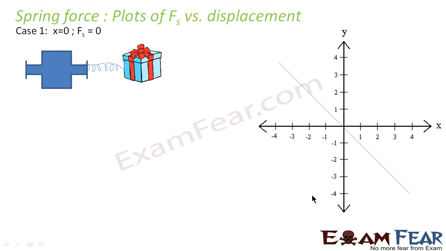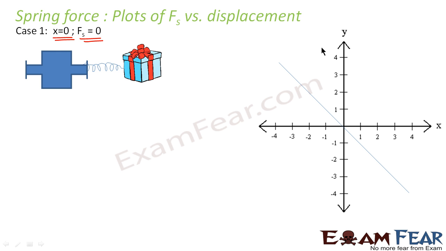Let us consider each of the cases one by one and then we will interpret them in the graph. Let us suppose that this is a spring and we have a light box attached to the spring. Suppose the box is at rest. Nobody is bothering it. It is neither stretched nor compressed. It is simply lying like this. In this case, what is the displacement of the box? What is the displacement in the spring? No displacement. And what is the spring force? No spring force, because I already mentioned that the spring force varies with displacement. If there is no displacement, there is no spring force.